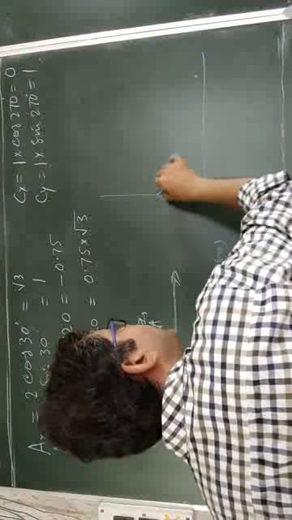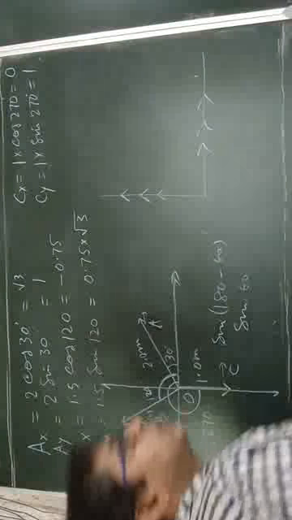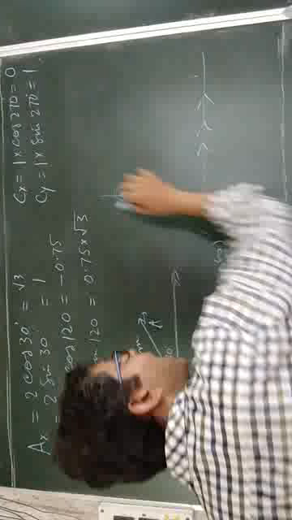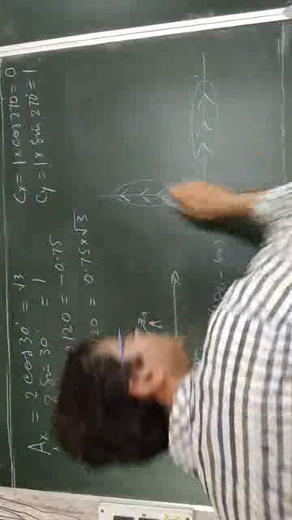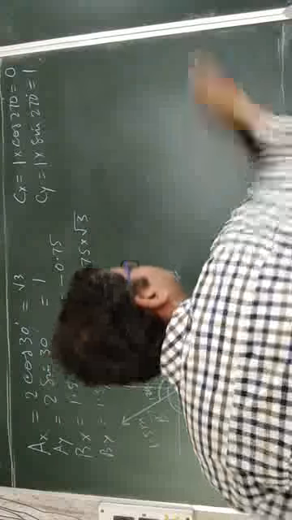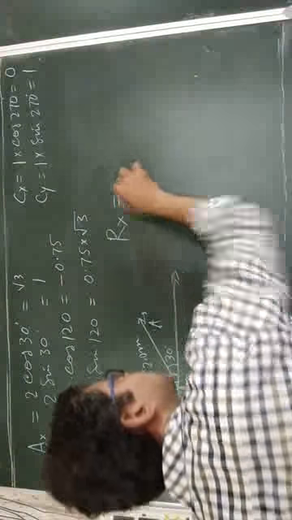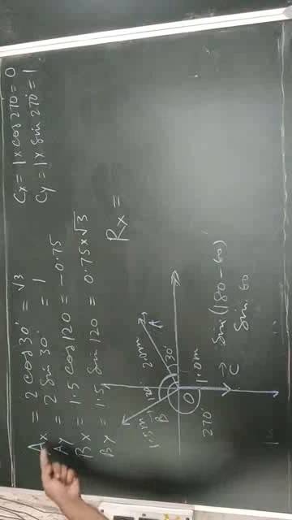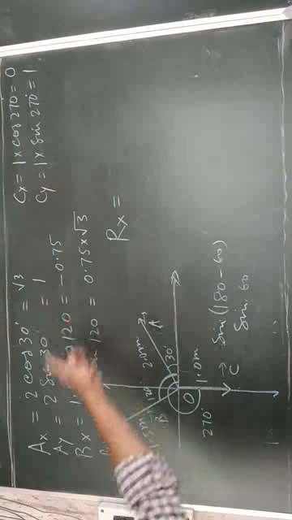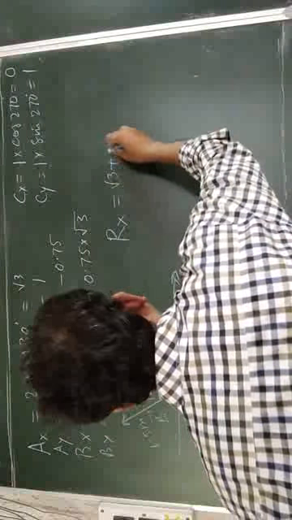Along positive y there are 3, along positive x there are 3. So if you add these 3 and these 3, you will get 1 and you will get 1. So that component can be called as Rx. Rx is equal to this plus that. So root 3